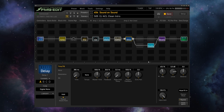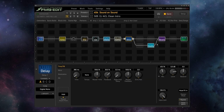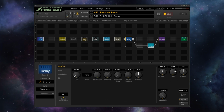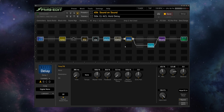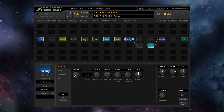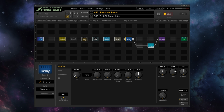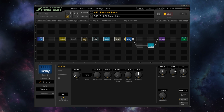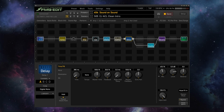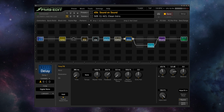And instead of using the reverb for the hold, I'm holding the delay parameter here with control switch 2. So the reverb here is set to a more normal type reverb. And when I play here, you can hear the delays carry out. But when I switch up to scene 2, you hear them start to repeat. And it's a much more pronounced effect. It sounds much less like a pad and much more like a delay that's just repeating over and over. So you get the kind of...